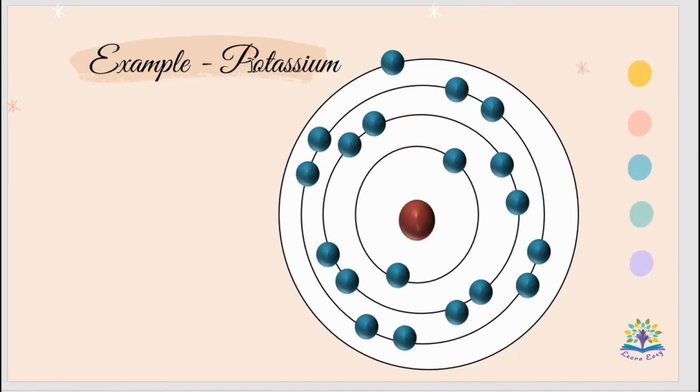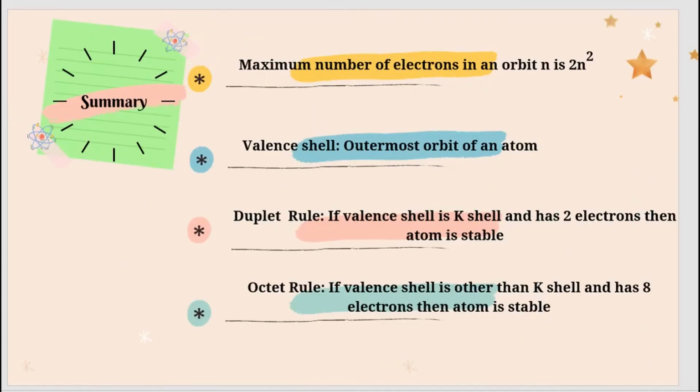To understand it more deeply, when potassium takes part in chemical reaction, this electron is used to make bonding, and M shell becomes the outermost shell. At that time, for the potassium to become stable, it should have 8 electrons. So, as long as the outermost shell has 8 electrons, the penultimate shell, which is the one shell inside the valence shell, cannot have more than 8 electrons. That is why the electronic configuration of potassium is 2, 8, 8, 1 and not 2, 8, 9.